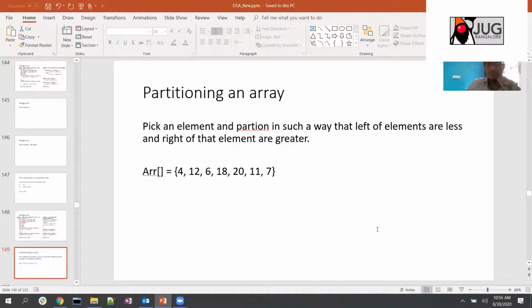about quicksort. The important thing in quicksort is partitioning an array given a pivot value. The pivot is an element in an array which is picked in such a way that after partitioning, all the elements on the left of the pivot will be smaller elements, and on the right of it will be larger elements. So basically you are trying to find the exact position of the pivot element in that array. So that is how it works.